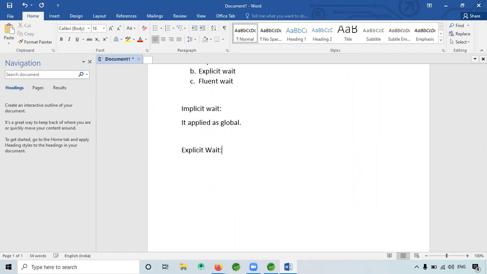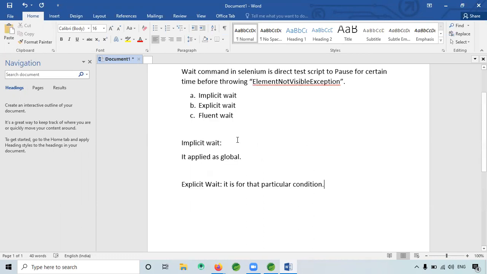This explicit wait is for a condition, not for the whole application or the whole code. It is for a particular condition or a particular event. This is the main difference.